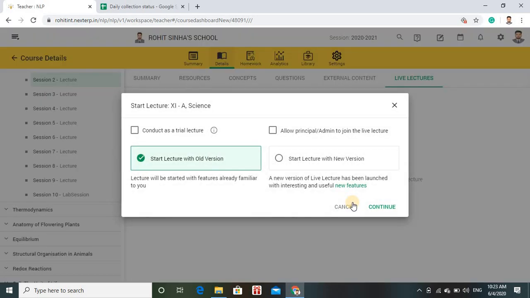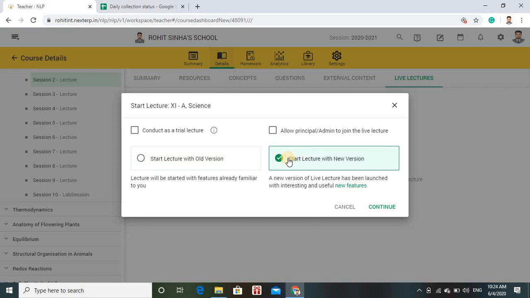Now see, here we have the four options where we have the checkbox, and we have to click on it, right? Now, simply one of these is important. Whether you were already using the old version, right? Now, if you want to use the new version, you have both options. So you can simply click on start in the new version.